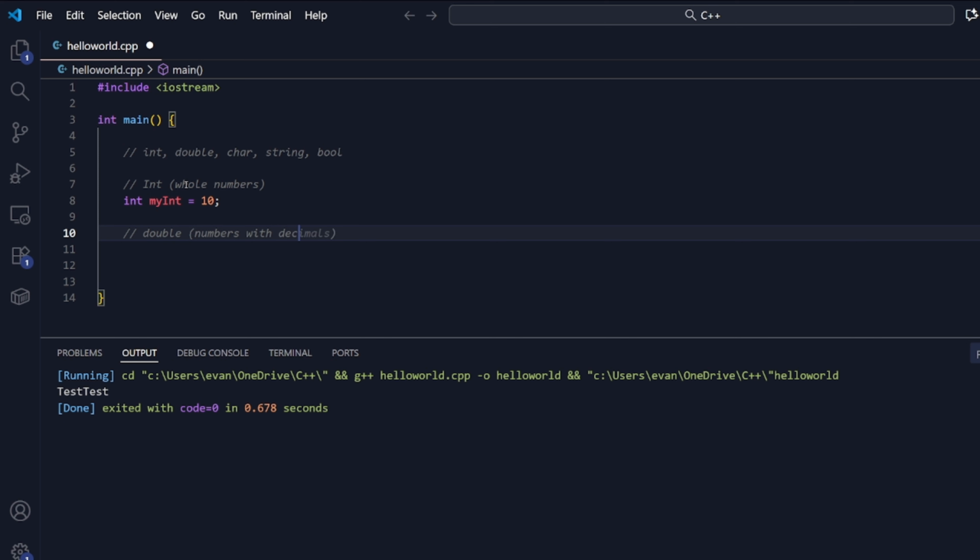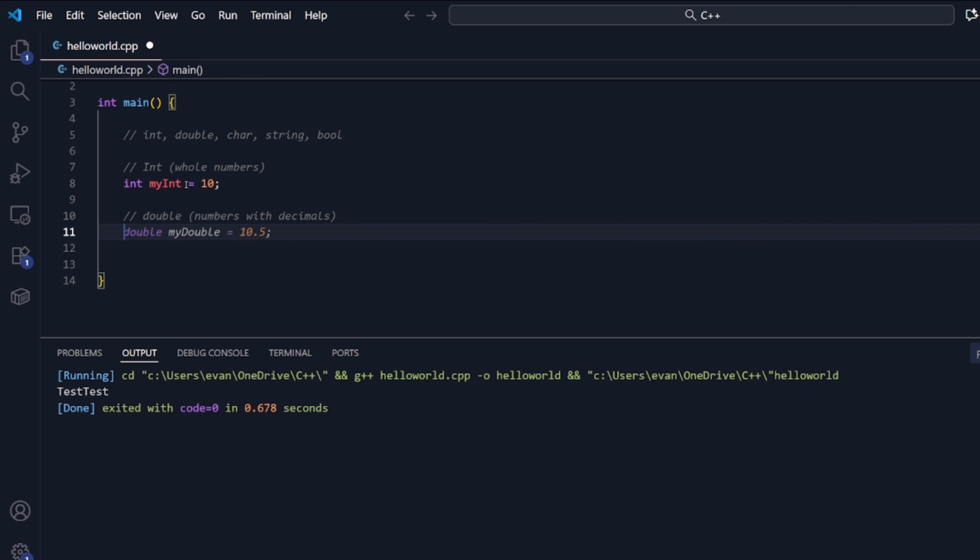Numbers with decimals. Okay, so we're gonna call double. So it's basically just the data type. Int is the data type. Double is the data type. You're gonna do that a lot. Double my double is equal to 10.0. How about that? So you'll notice that my int and my double are very similar, but